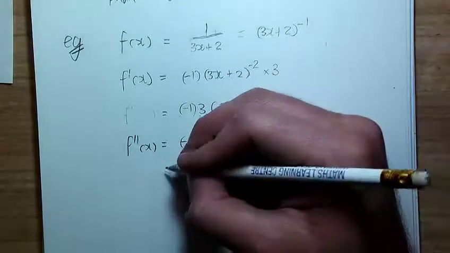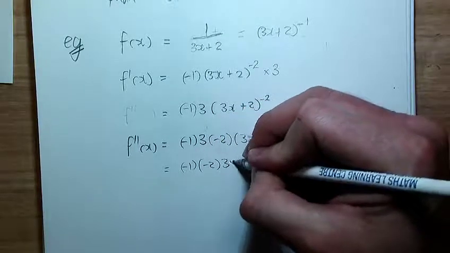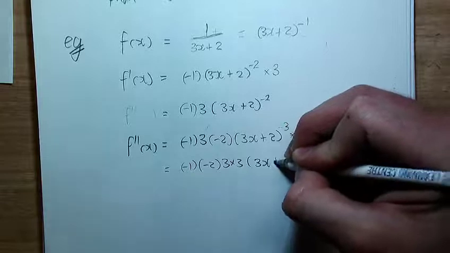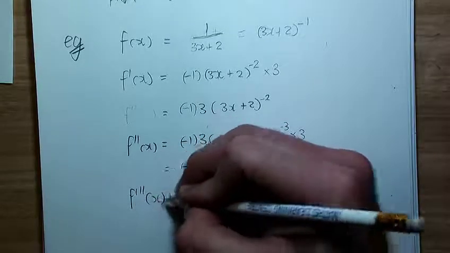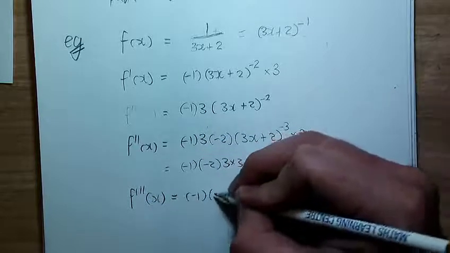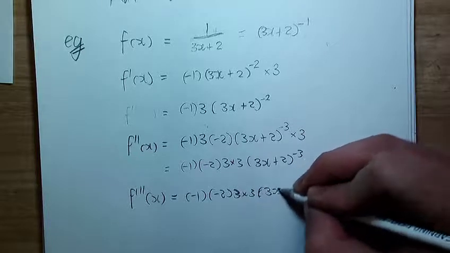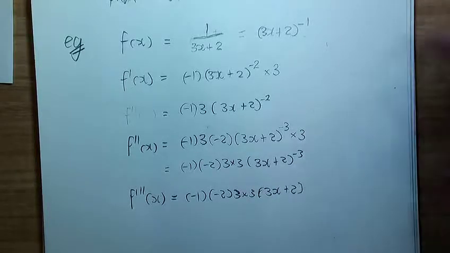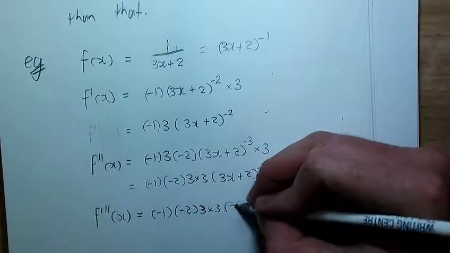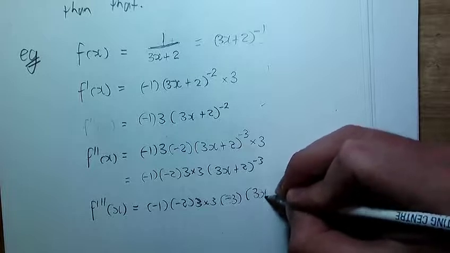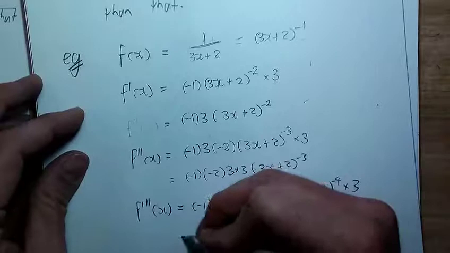Okay. Minus 1 times minus 2 times 3 times 3. Beautiful. And my third derivative, all of these are numbers and they'll just stay there. But, oh damn it. I'll have to times by the current power. And the power will go down by 1, but because of the chain rule, the 3 will come out. And so I've got